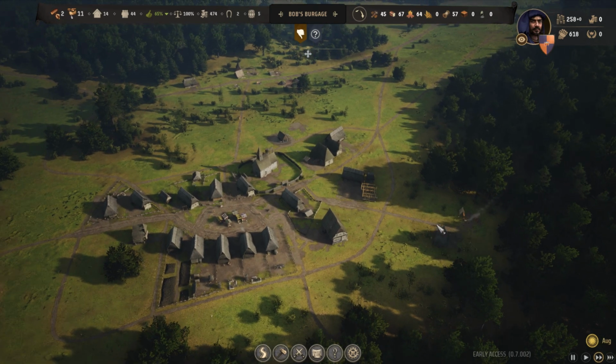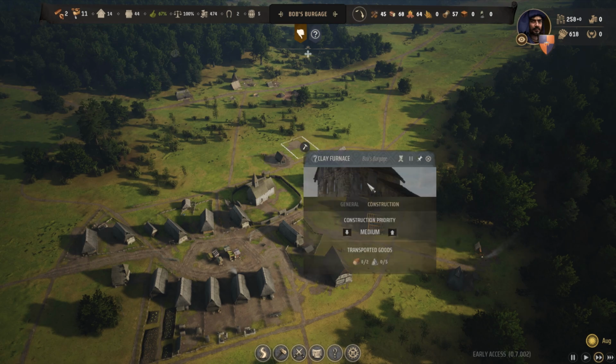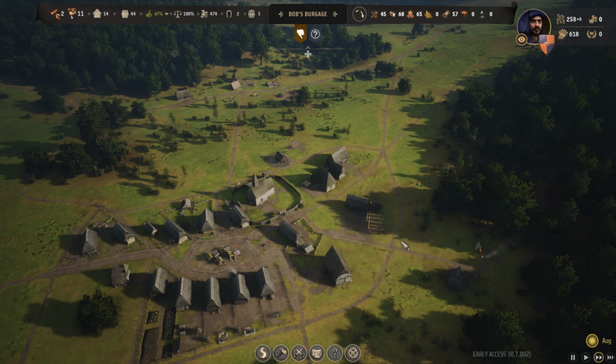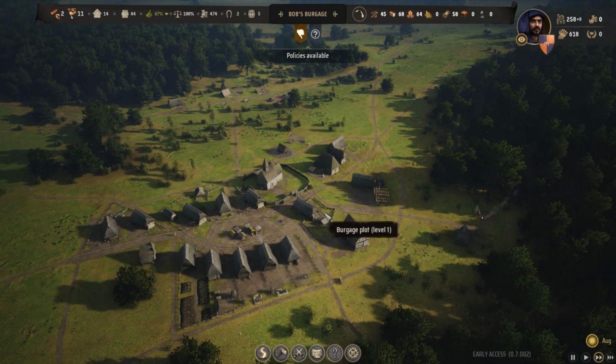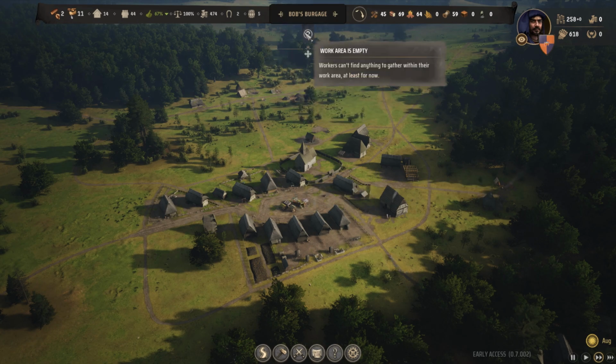We'll probably get another burgage constructed once we've got these two buildings done. I would say the clay furnace is a higher priority than the tavern, so we'll get that built next. And then once that's built, we can actually start to produce clay tiles. We'll upgrade the church. As soon as the church is upgraded, we'll start upgrading these two plots into level 2 plots. That's like our next goal. Then we'll get a bowyer. We'll start making bows. We'll get all of the civilians in the town armed with bows, and we can then levy an army to go and...